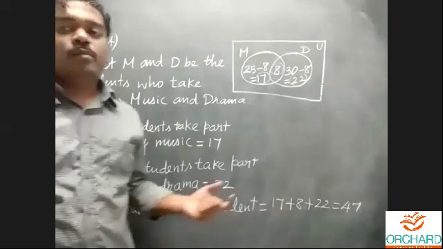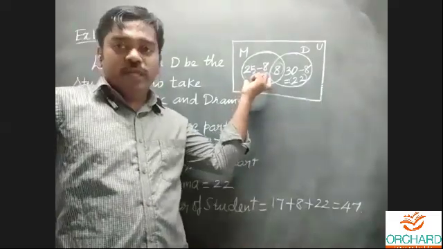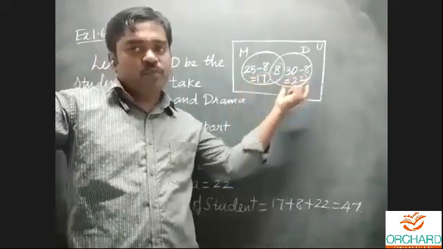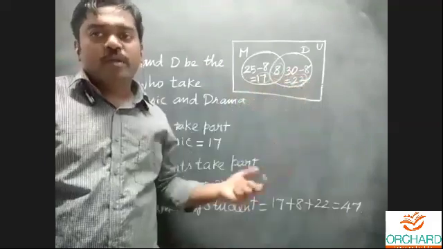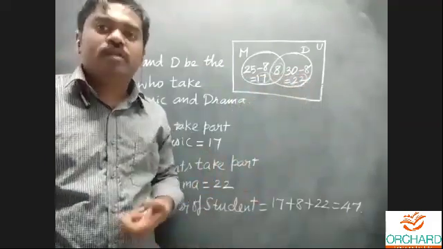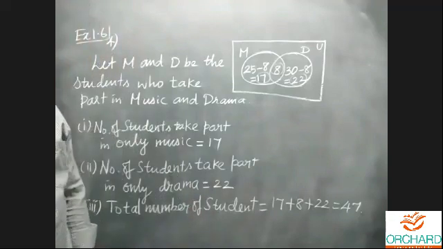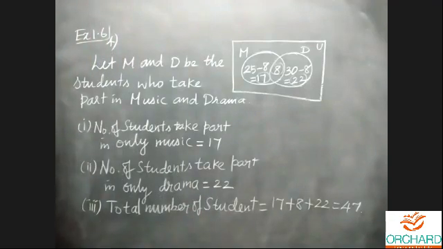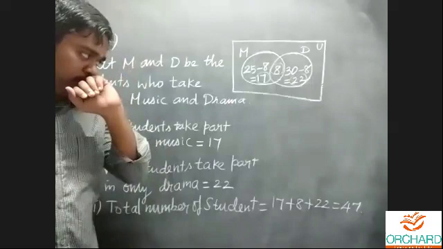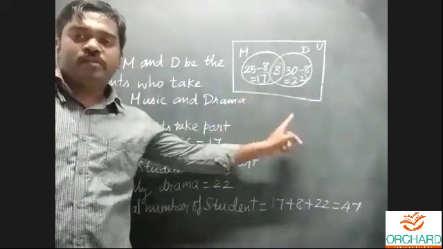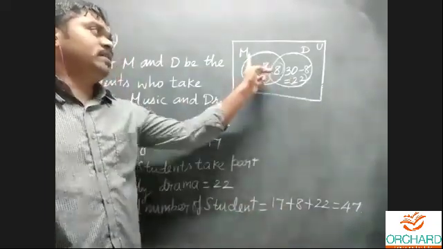Suppose we apply the formula method. This is called n of a minus b, and this is called n of b minus c. Okay, that's the idea. But we would apply each of these as a separate formula. It is difficult. n of b minus a is one formula, and n of a minus b is another formula. Sorry, and n of a union b is another formula. But here you'll use the notation of m and d.